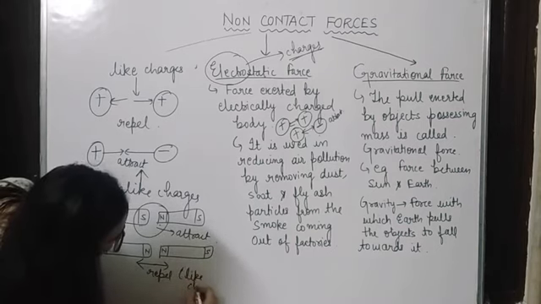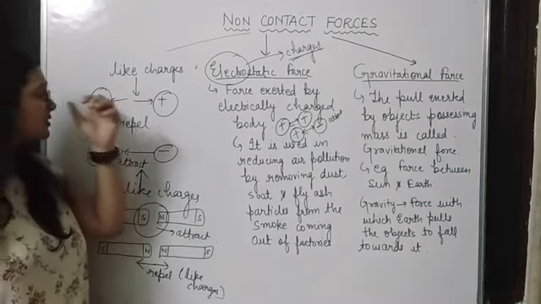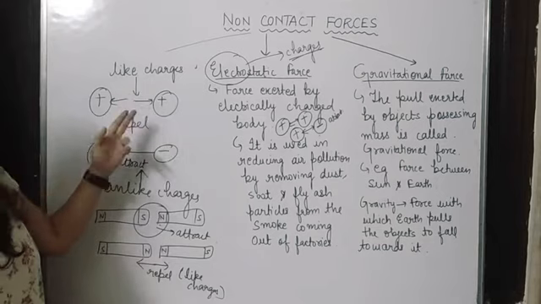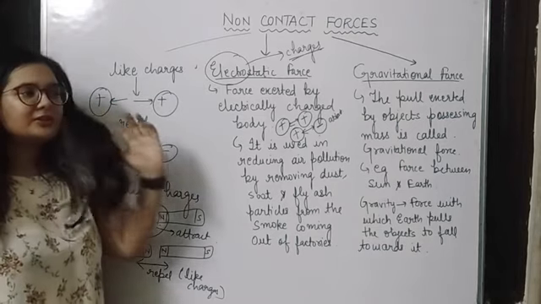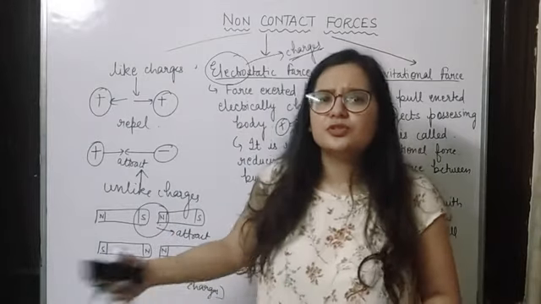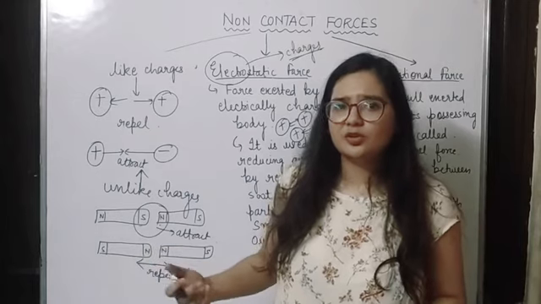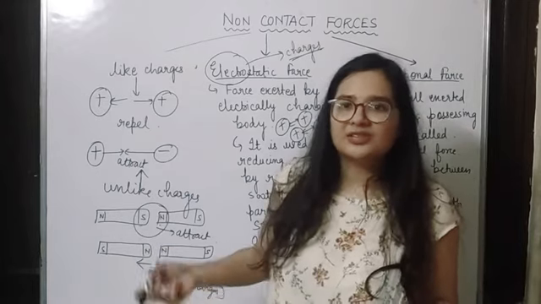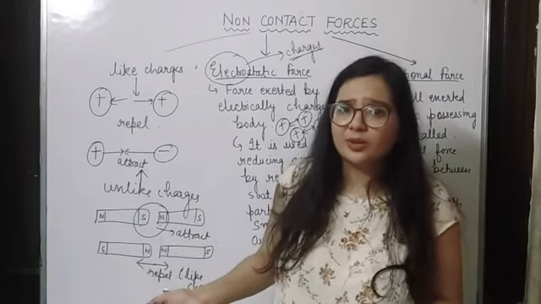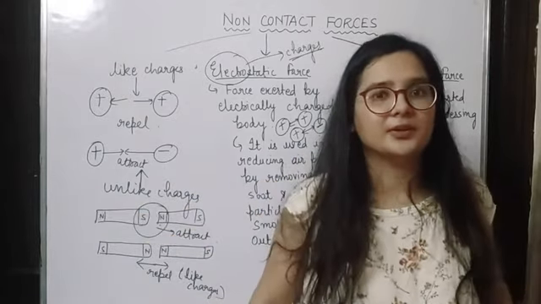So like charges means similar charges, right? You just have to remember that like charges repel each other. Just understand it like this: if you have some kind of quality, and the other person also has some kind of quality, will there be some kind of attraction between you both? Obviously not, because you both have similar features and qualities, so there is nothing new in it. So you both will move away from each other.